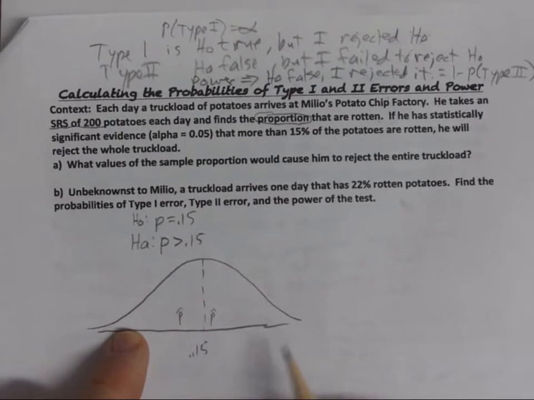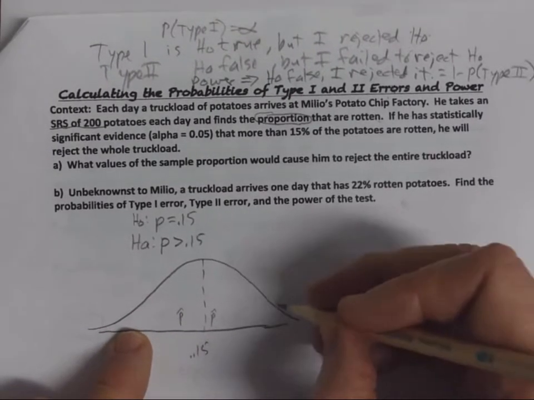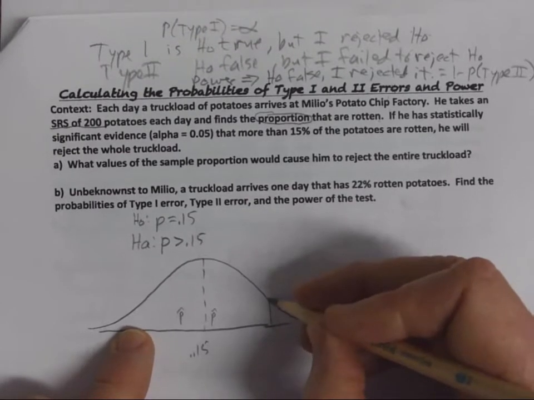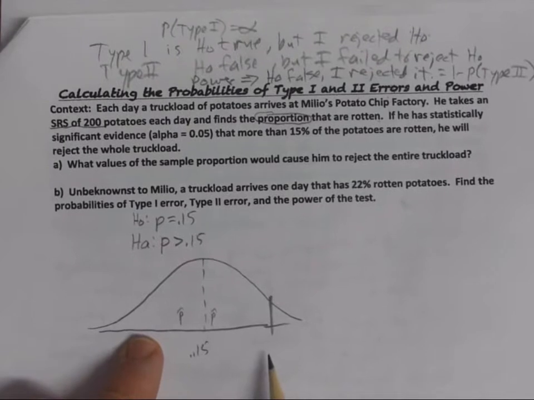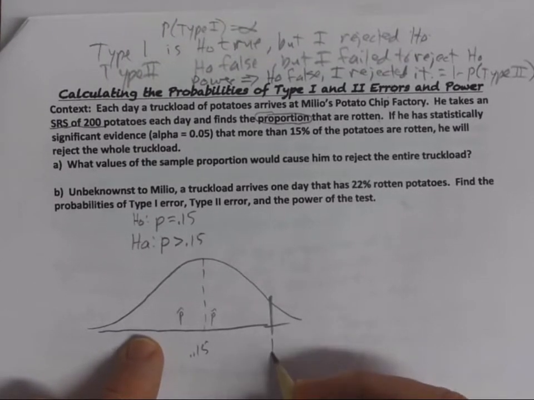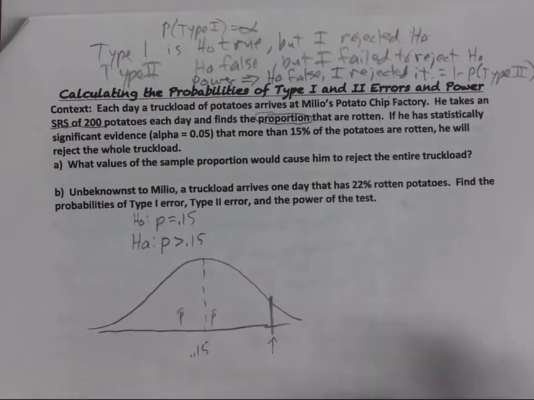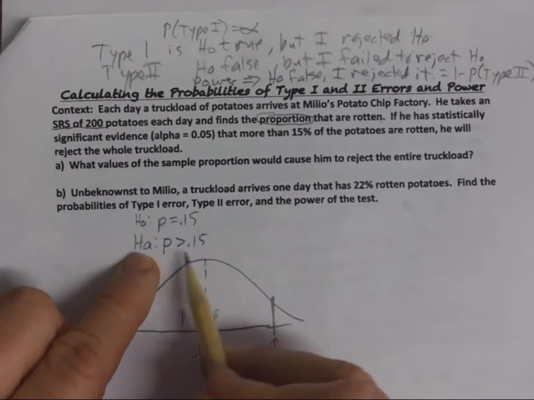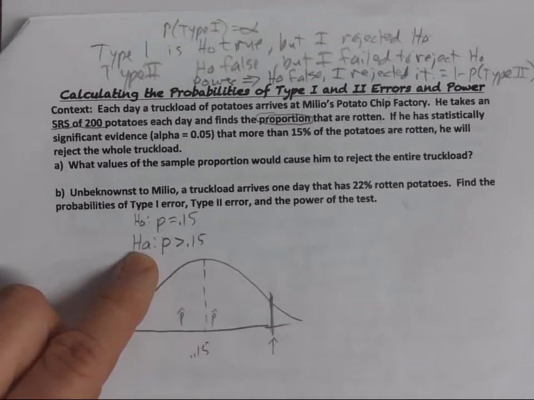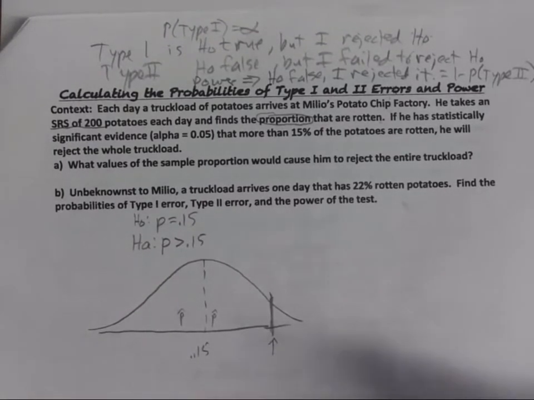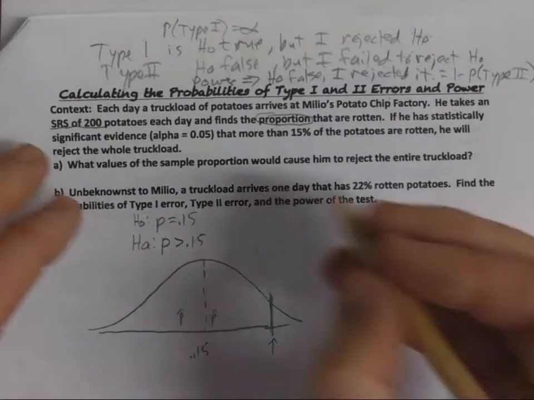Some would be out. But if our sample proportion gets way out here, too far out in the tail, we're going to reject it. The question is, what is this value of p hat that would be so far greater than, because our alternative is greater than, that would cause us to reject it? How far out do we have to go? That is what the alpha value